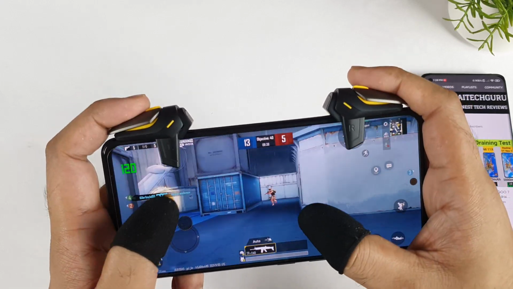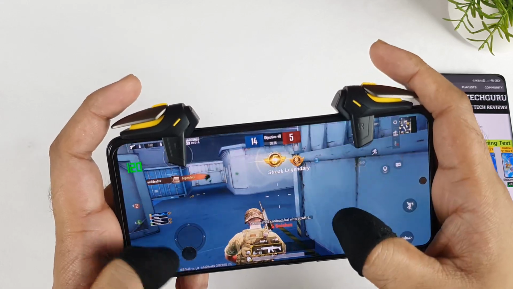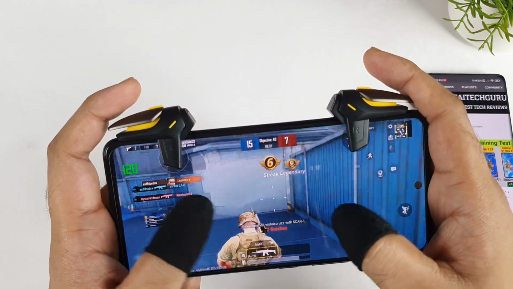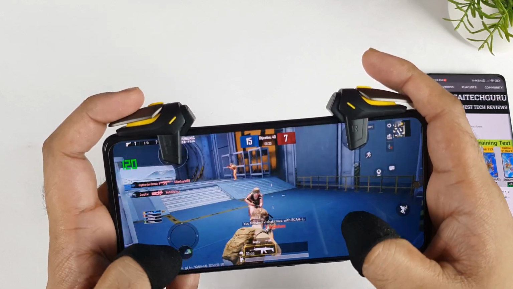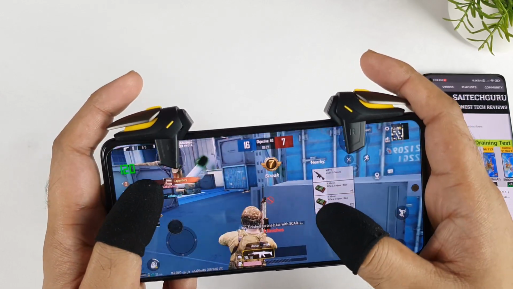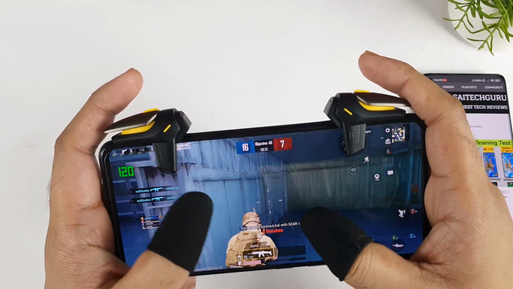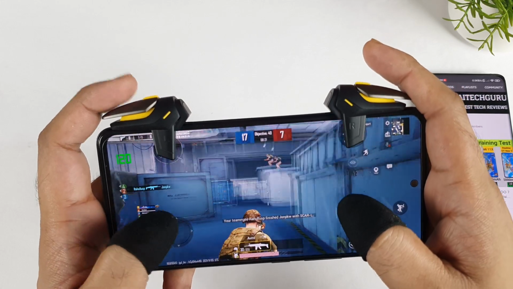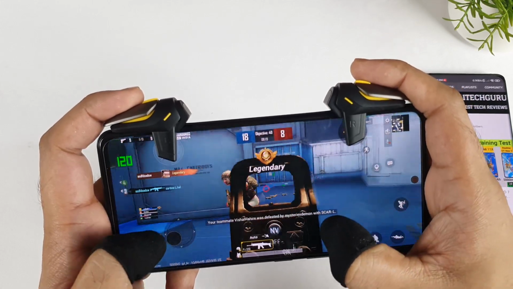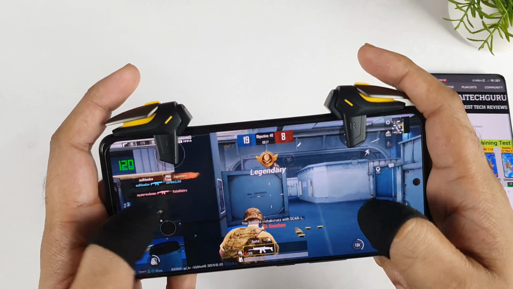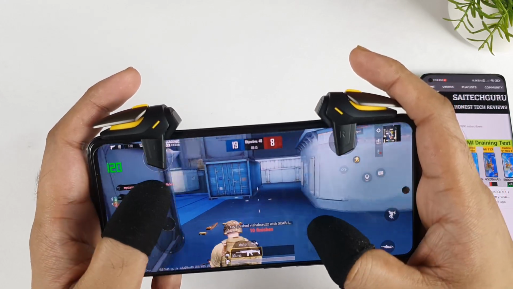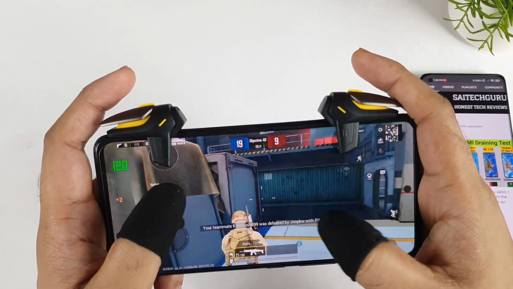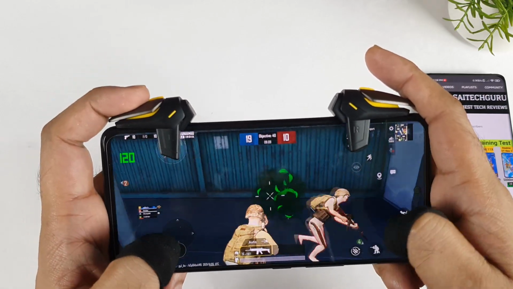I'm not sure when they will be able to add this floating real-time FPS meter. But using these triggers will definitely help the gameplay experience. I can definitely say that about using the gaming triggers.